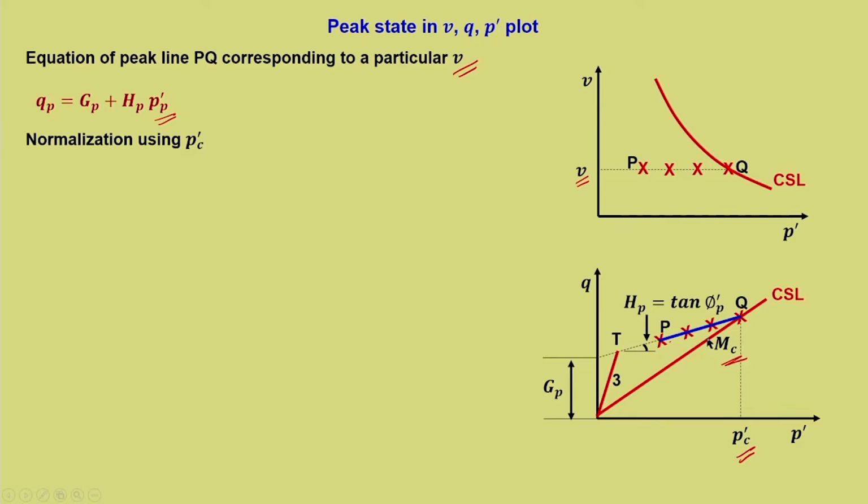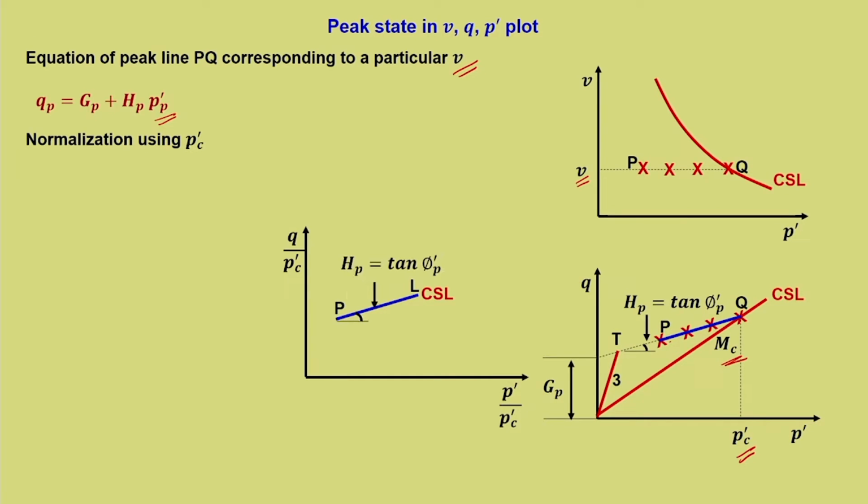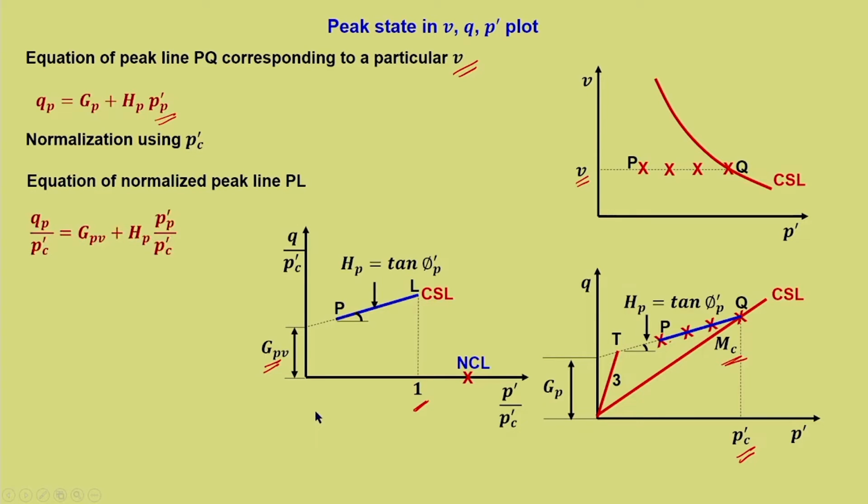And if we normalize using P dash C, which is the point on the critical state line, we get the normalized plot where HP is equal to tan phi dash P, that remains same. GPV is the normalized G parameter with respect to specific volume V. This is 1 again. Equation of normalized peak line can be written. This is normal consolidated line point. QP by P dash C equal to GPV, which is from here, plus HP into P dash P upon P dash C. It is the same exercise as we have done before,